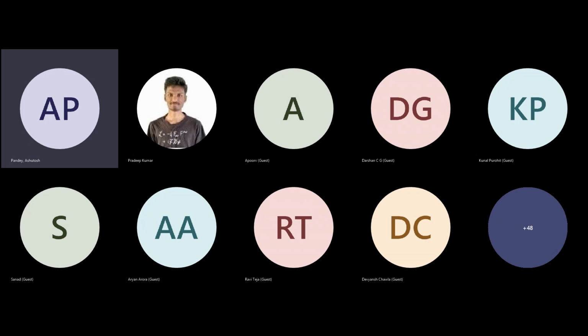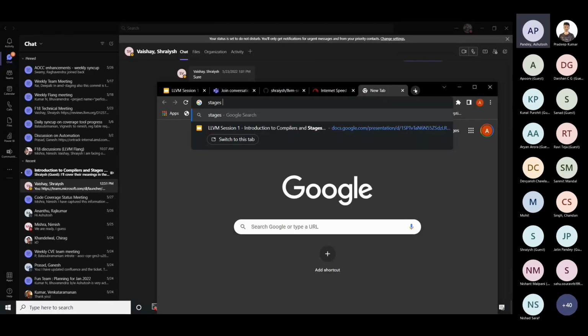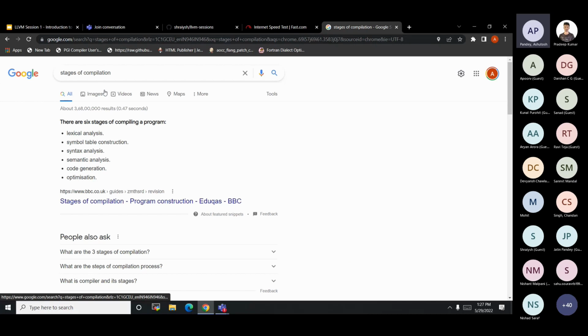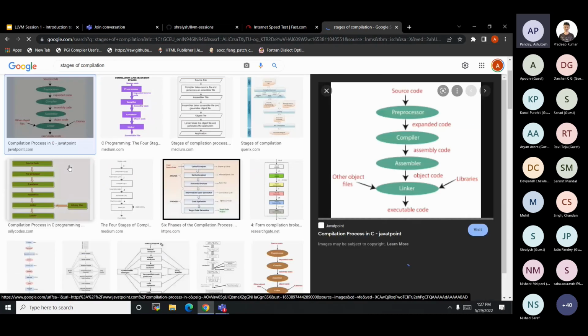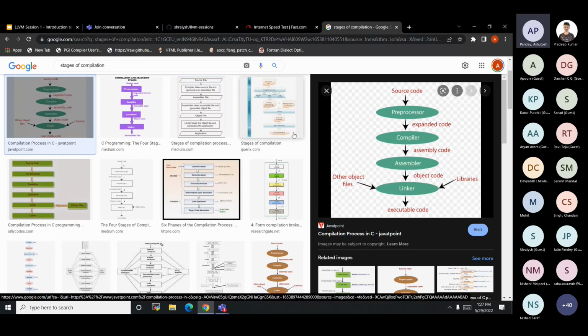So basically, if you let me, I'll just pull out some picture from here of the stages of compilation, so that it can be easier to explain. I should have explained this, so apologies for that. I hope you can see the image on the right side. What happens is any compiler breaks down the code, like your, let's say, hello world program.